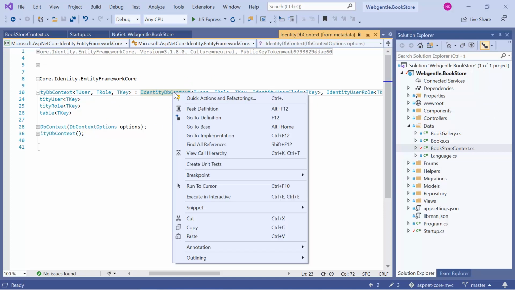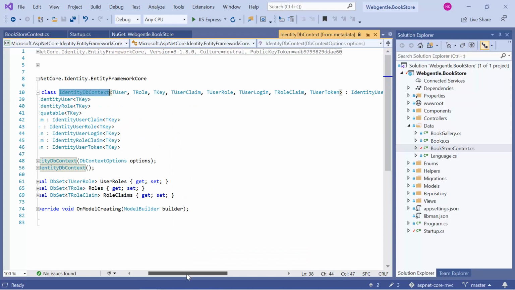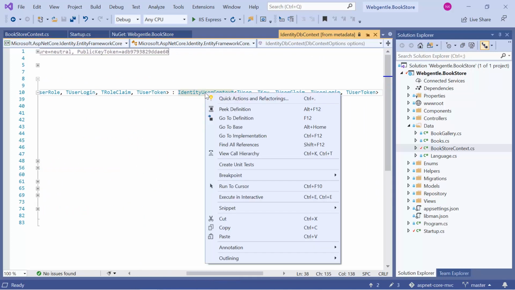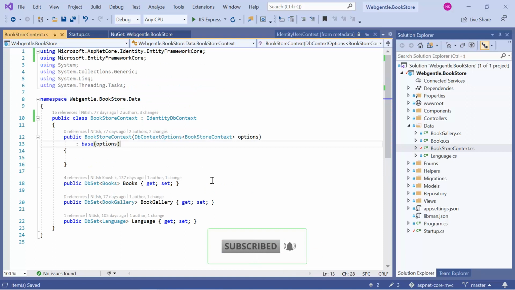Again, let's right click on this one and choose go to definition. This IdentityDbContext is again inherited from IdentityUserContext. Let's right click on this one and again go to definition. Here you can notice that finally this is inherited from DbContext. So if we are inheriting our DbContext class from this IdentityDbContext, then this DbContext will be enabled automatically for us. Now we are done with all the changes.